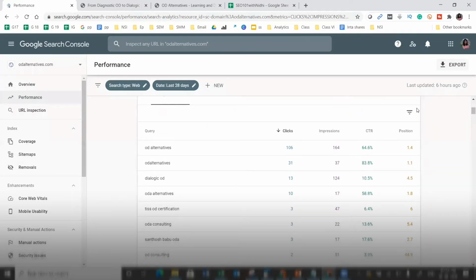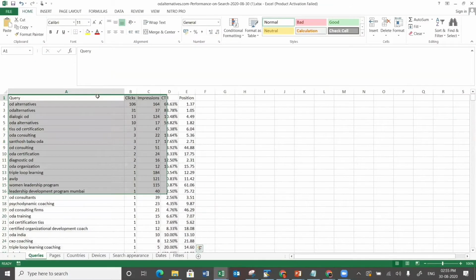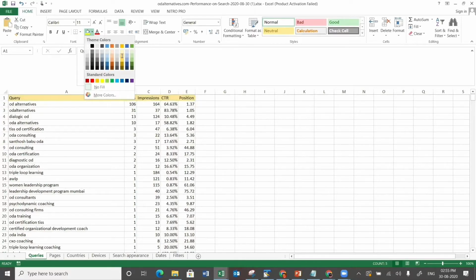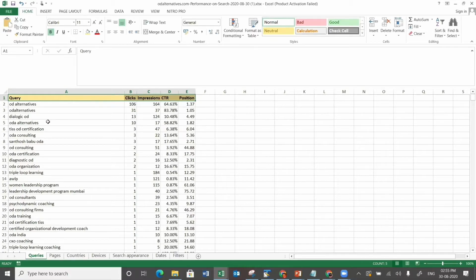Yeah, so now let's make it look a little nicer so that we can understand where the headings are. And now I will pick some of my money keywords. So this company is into consulting business.